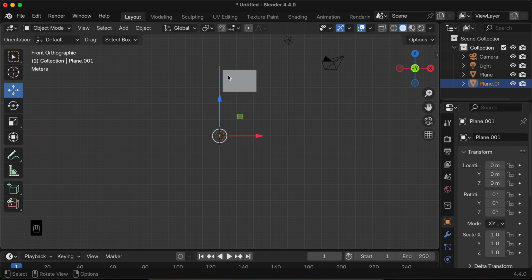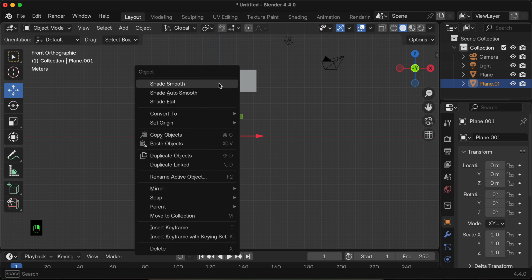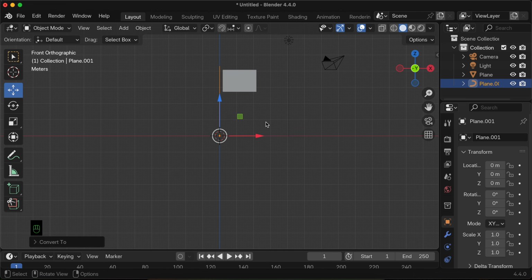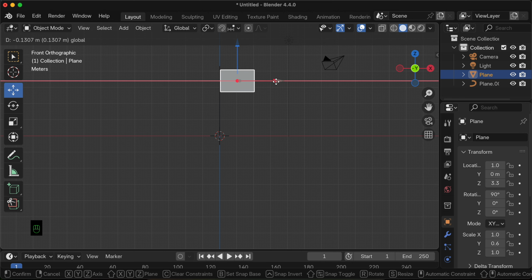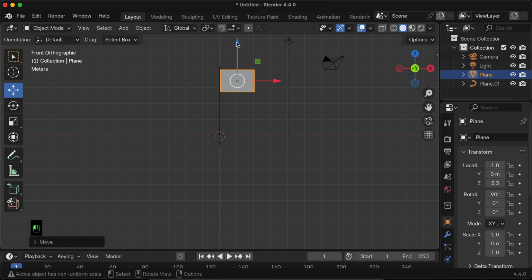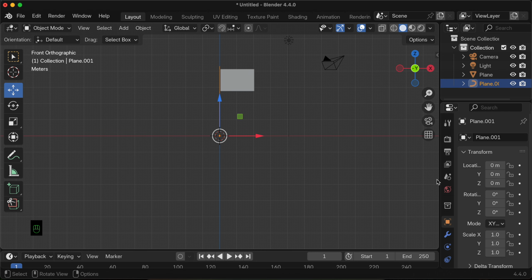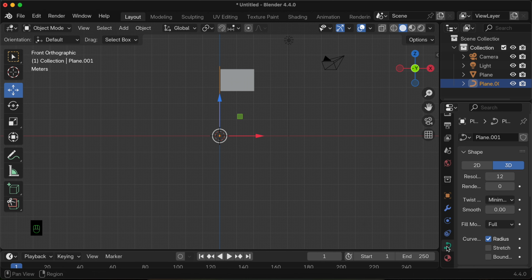Let's come to object mode, right click, convert to curve. Then select this part, the flag part, and I'll move it closer to our pole. I'll just move it like this as well. Okay, then again select your pole itself, go to data,